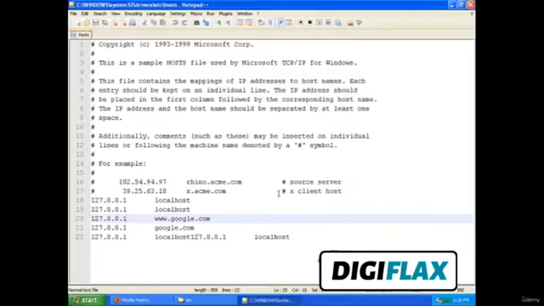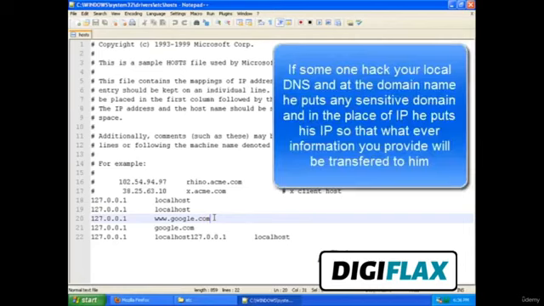Now let me tell you what are the threats of this hack. Suppose some hacker has hacked your DNS and he puts the domain name as any bank or PayPal or any sensitive website.